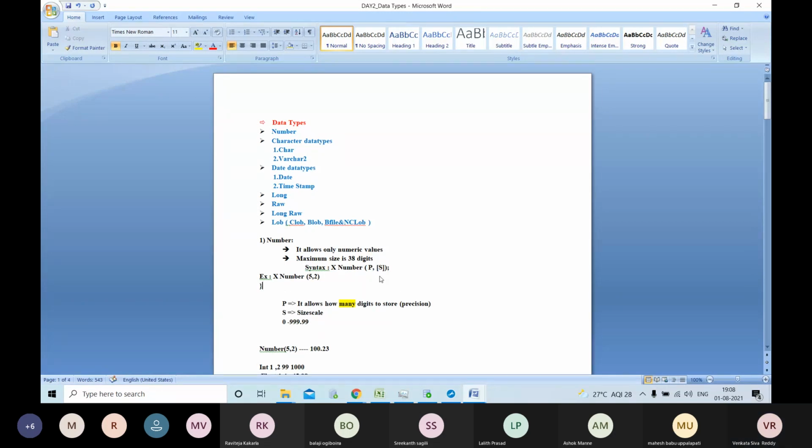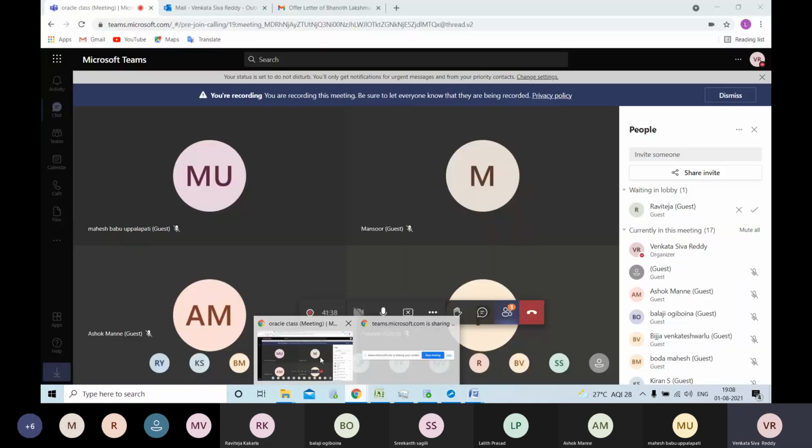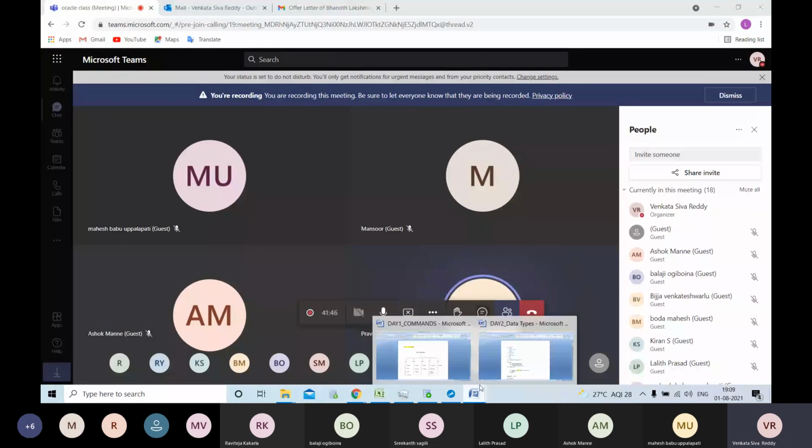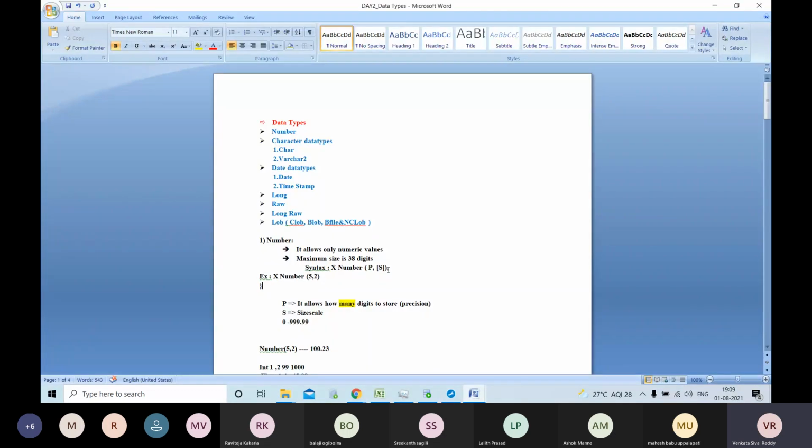Checking Google. Flower brace. Yes, square brace, this one. Okay, this is flower brace.